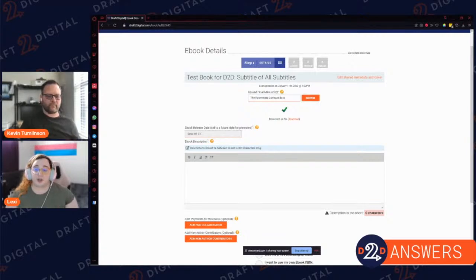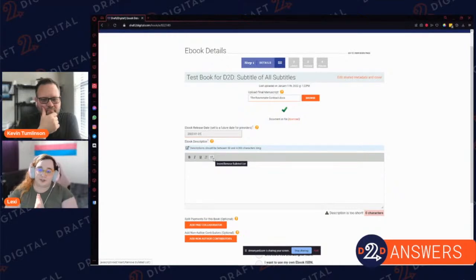So you're going to want to make sure to tastefully use your bold functions. We give you the tools here. We give you bold, we give you italics, we even give you underlines and bullets. We're trying to give you all the tools necessary. Use them wisely, create a tasteful description that will tell people what your book's about, and the sellers can take